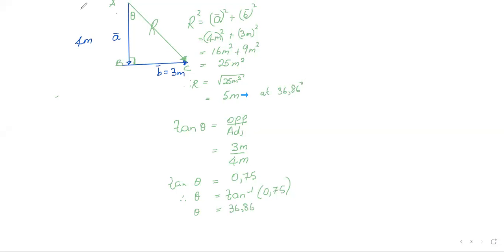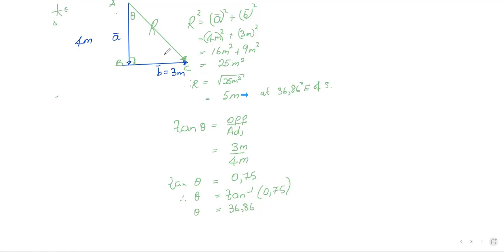Now you have your south and then your east goes that way, so 36.86 degrees east of south. Now, because these vectors are perpendicular to each other, we have just made use of the theorem of Pythagoras to solve that. Now let's look at